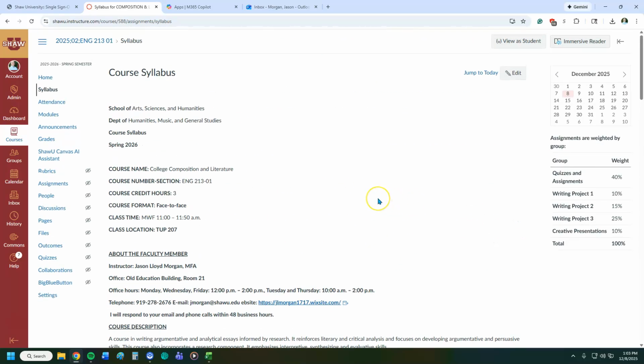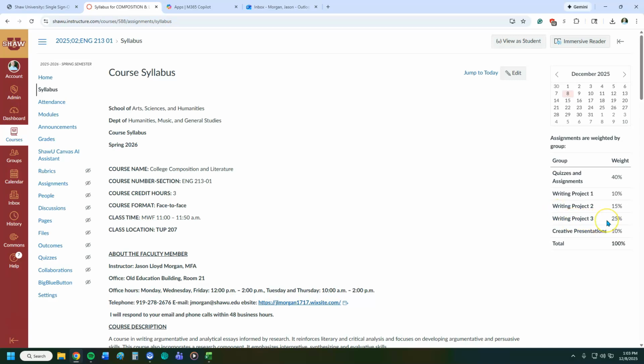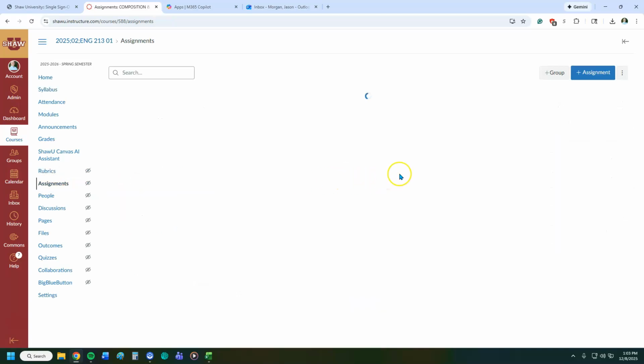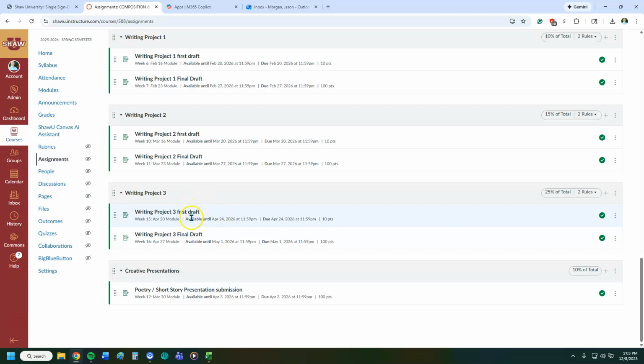Oh, bonus thing. This is a little more advanced, so if you don't care, you can stop the video. But if not, for writing project 3, what I do is I have a first draft and a final draft. So if I go to the assignments, because these are the different weighting categories, I'm going to go down here to writing project 3. So for my first draft,